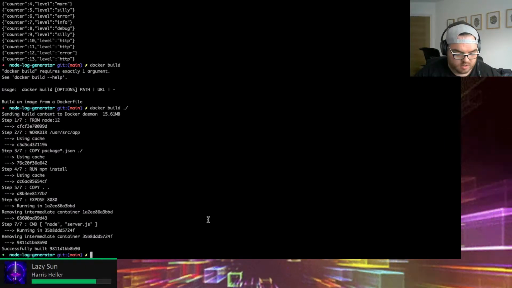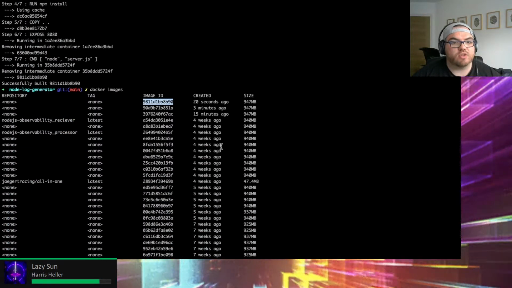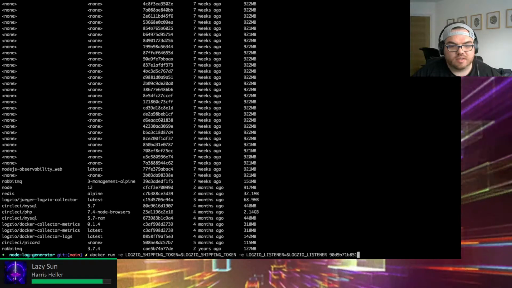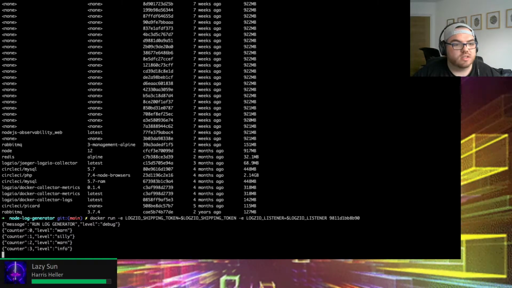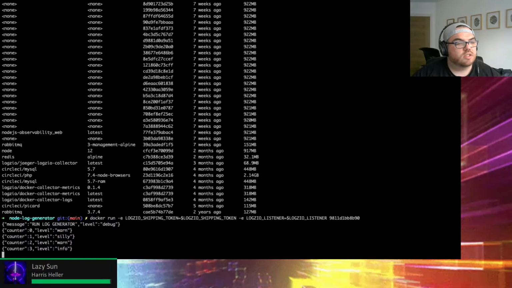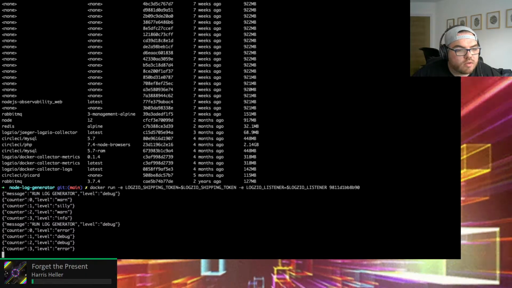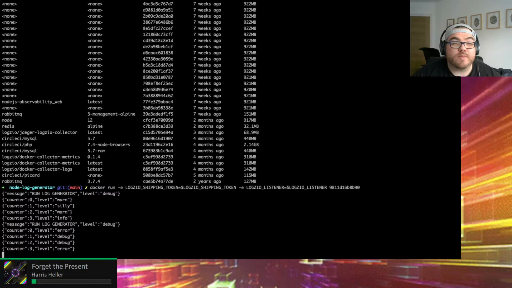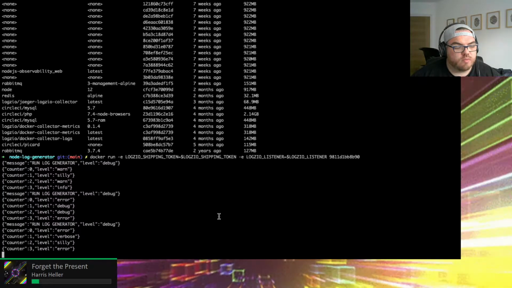Is it built? Excellent. Docker images. So grabbing the container ID for the image that was built 20 seconds ago, because that's how this works. If you can't tell, there is a thinly veiled layer of sarcasm in my voice. Excellent. So we've got the run log generator. Come on. Okay, it's only producing 4. Something seems odd here. Why is it producing 4 of them?